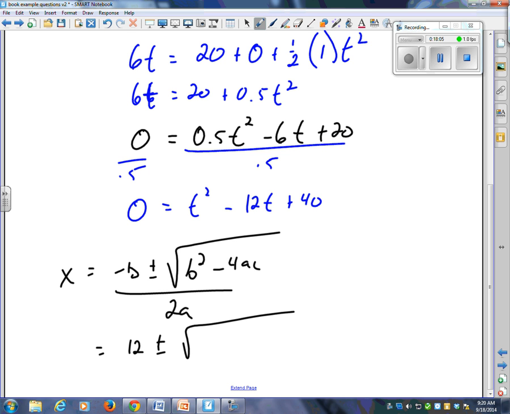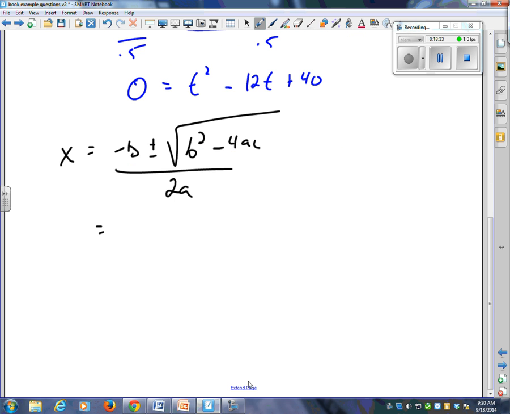Okay, now actually here's a question. Should I use these numbers or should I use these numbers? Does it matter? It doesn't matter, does it? Are these ones smaller? Oh, it's got a half in there. I don't know. Does it matter? I'm going to use the black ones because that's what I've got written down here. So only for that reason. But you could use either. So minus b is going to be